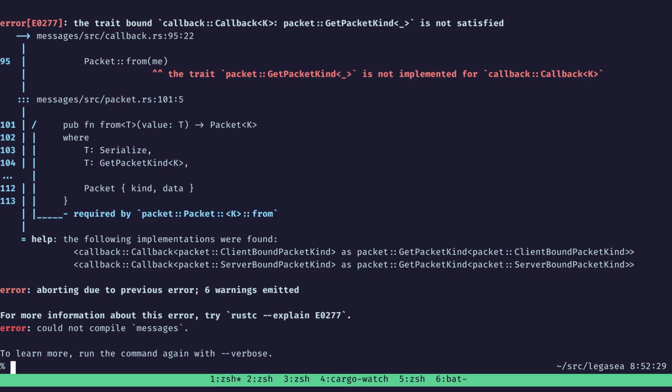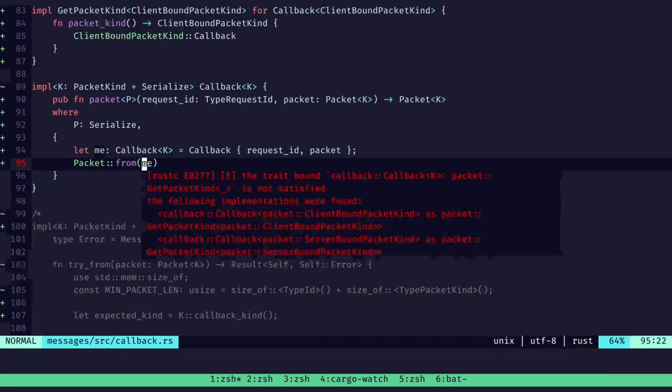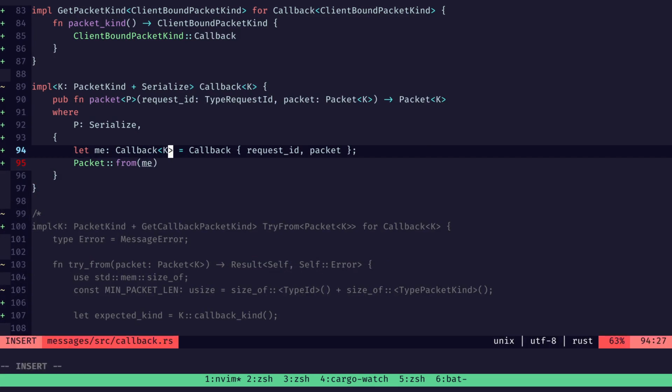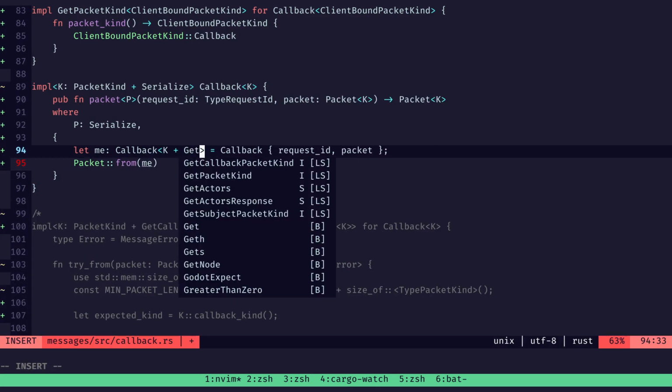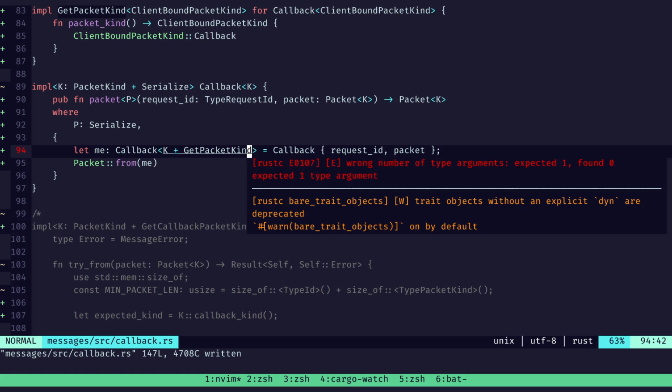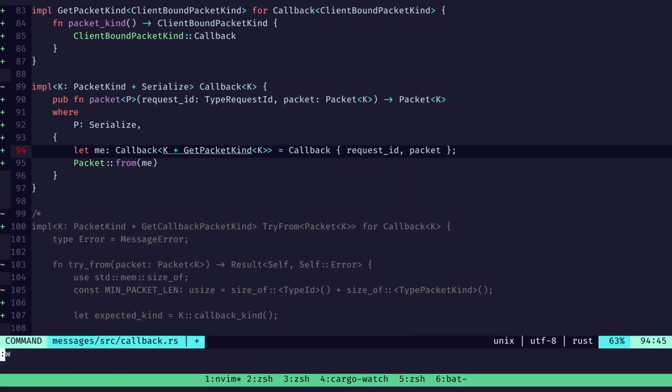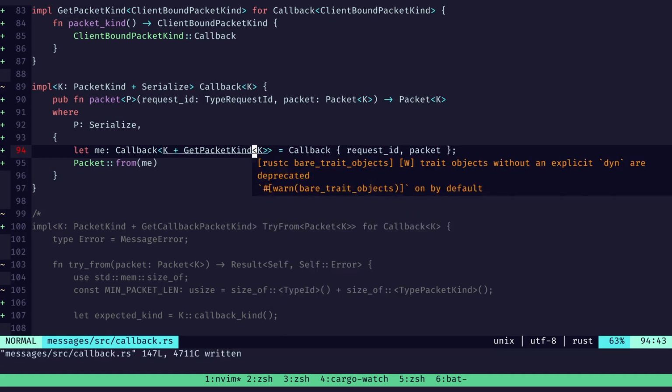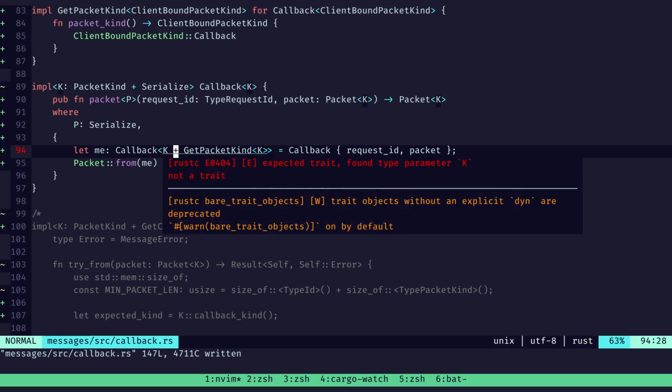Get packet kind is not implemented for that. But we implemented it. Get packet kind. Oh, that's the wrong way to do that, but